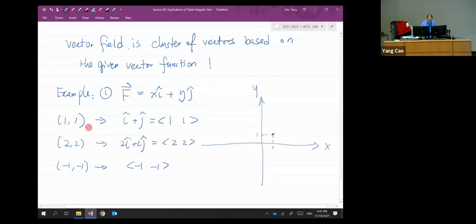Then you sketch this 1, 1 vector starting from the 1, 1 point. So technically, what is a 1, 1 vector? A 1, 1 vector is created from the origin to 1, 1. That's your 1, 1 vector. But now we're not sketching this vector starting from the origin. We actually sketch it starting from 1, 1. Okay, that's where the x, y coordinates are. So you get the vector attached to 1, 1. And similarly for a vector at 2, 2,